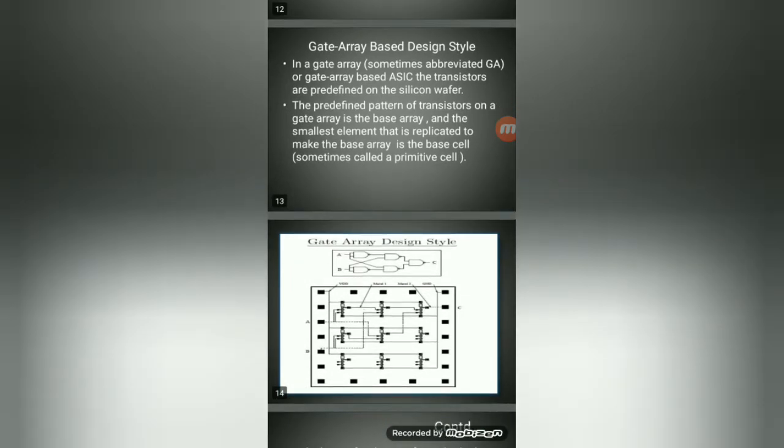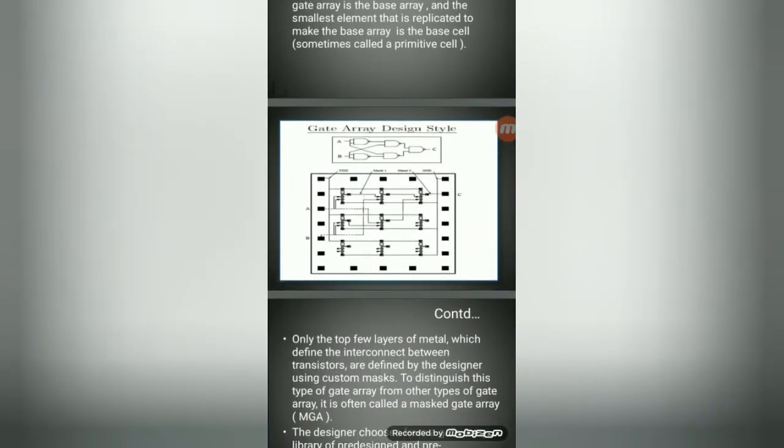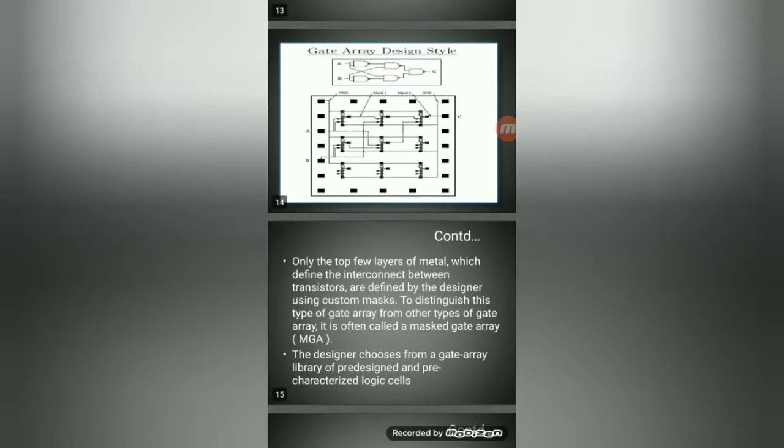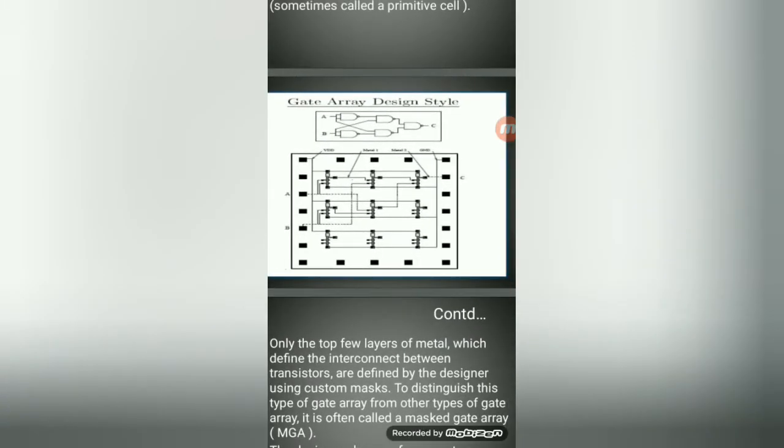This type of logic we can call a gate array design style. Here millions of gates are there. By changing the connections of these logical gates, we can change the functionality based on the programmable concept. We can implement different logical functions. So here, the block diagram indicates the gate array design.